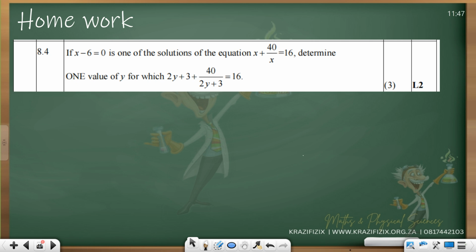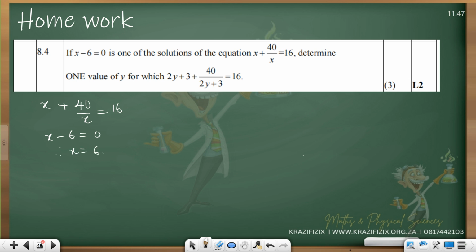Let's see something. The examiner says if x minus 6 equals 0. Now, it means x equals 6. Check. We have an equation, x plus 40 over x, and we are told that x minus 6 equals 0. Therefore,